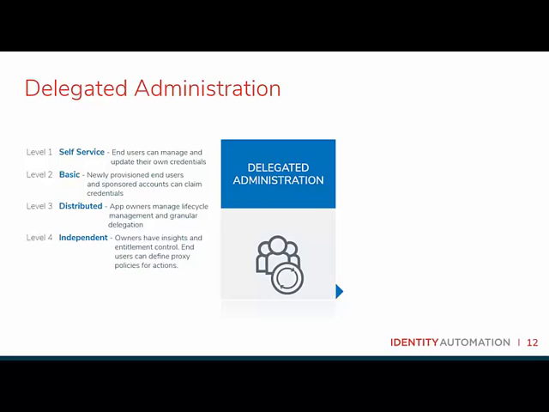So as we look at level 1, this is really our self-service level. So here, this is where users have basic delegation over their own account. This is where they can do limited self-service types of functions. So resetting their own password, maybe retrieving a forgotten username, managing profile attributes, things like maybe a mobile number. They can also, sometimes, have the ability to reset other users' passwords based on some sort of a relationship.